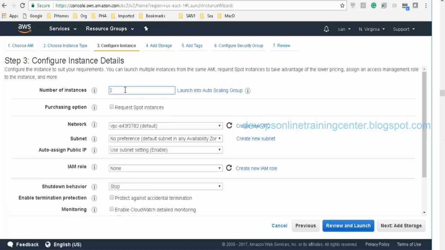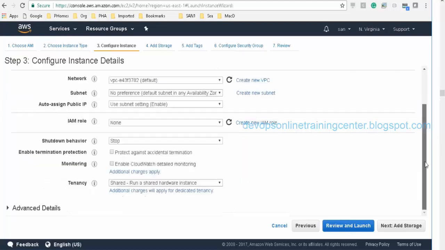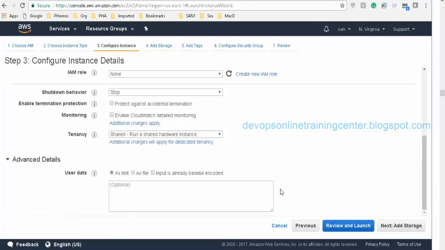2 instances with Amazon Red Hat, and I'll also give user data to install HTTPD: bin bash, yum install -y httpd, and service httpd start.